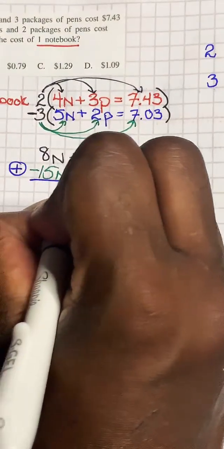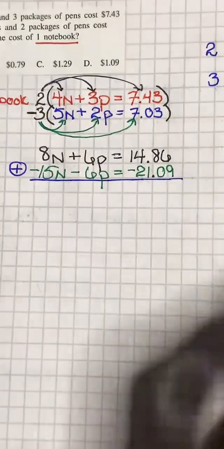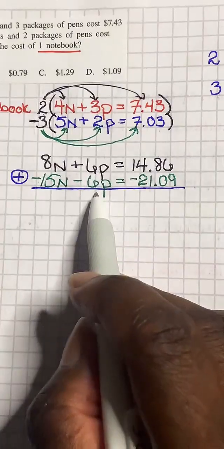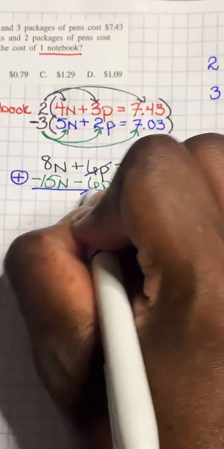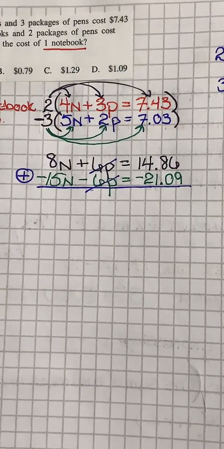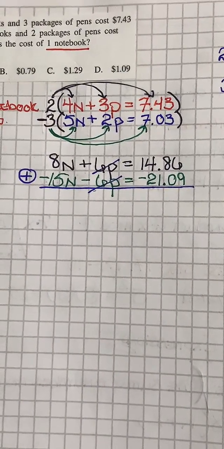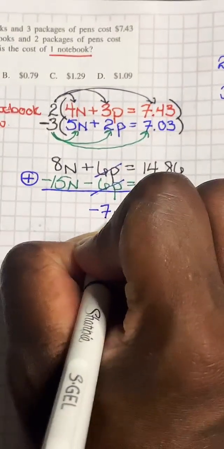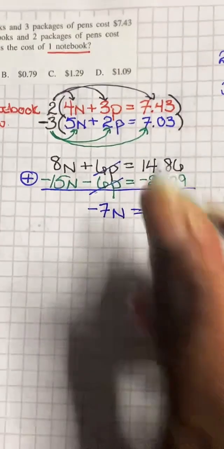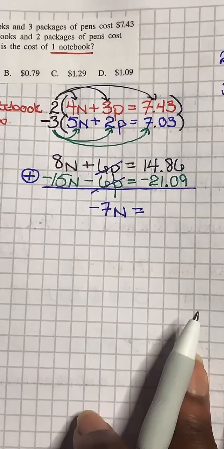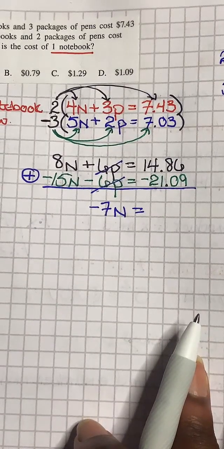All right. So we're adding those 2 up. When we add these 2 equations together, one's positive, one's negative, boom, your p's are done. So now we're looking at our 15, our 8 minus our 15. This gives us a negative 7n. We don't have to bring down the 0 as a placeholder. So now we got our 1486 minus our